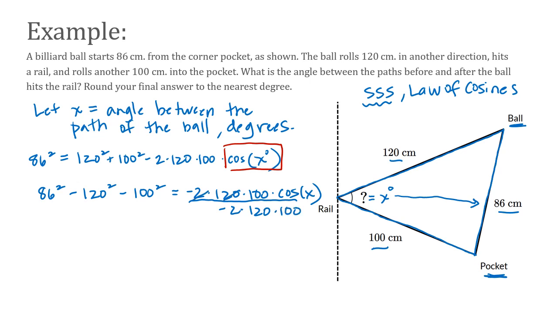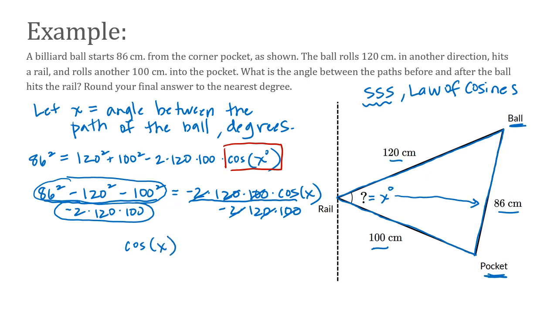Those will all cancel out on the right, but then I have to do it on the left. And you'll notice that I could probably multiply those out and write just one number, but I can also just put this whole numerator into my calculator and divide it by this whole denominator to end up getting that the cosine of x is equal to, when I put that all in, I got